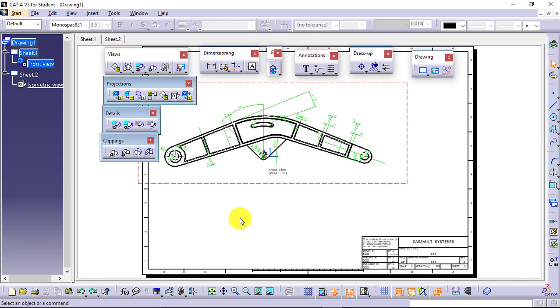If I give the dimensions in the front view, I will not be able to give the correct dimensions. If I give it in the top view, again I will not be able to, because I am not getting the exact face.